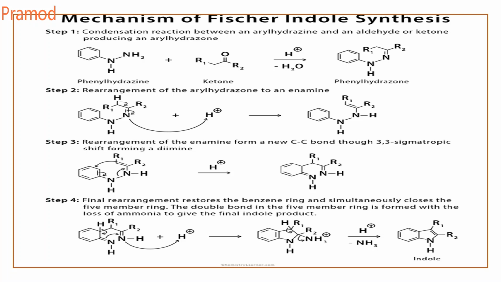So this is the mechanism of your Fischer indole synthesis. First step is your hydrazone. Second step is your enamine formation. Third step is your 3,3 sigmatropic rearrangement. Then the final step is rearrangement. What happens? Aromatization. Your loss of proton leads to formation of your aromatic amine. This aromatic amine attacks on your imine moiety, that is the second imine, and a 5-membered cyclic ring is formed. And the last step is loss of ammonia to give you your indole. So this is the mechanism of Fischer indole synthesis.